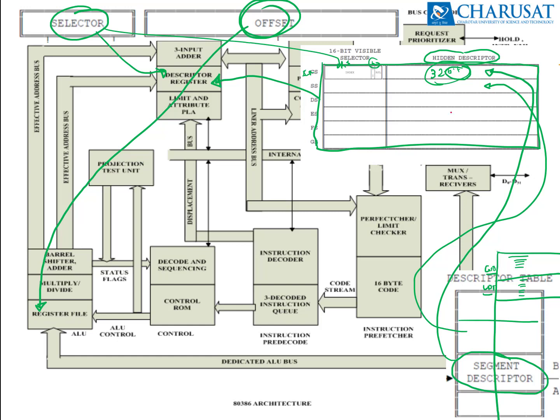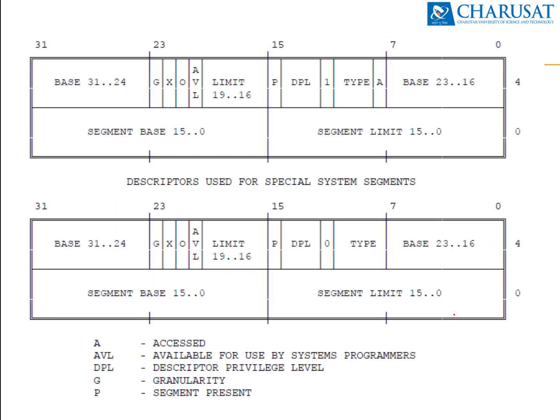Now we are going to see what is inside this segment descriptor, what the fields of the segment descriptor are, and how we can derive this 32-bit address, known as the base address. This is the format of descriptors. The first portion is used by applications or users, and the next one is used by system segments. The 0 and 1 differentiate between application and system segments. If you look at this, it's 32 bits, and this is also 32 bits. So 32 plus 32 is equivalent to 64 bits. That is, the length of the whole descriptor is 64 bits.